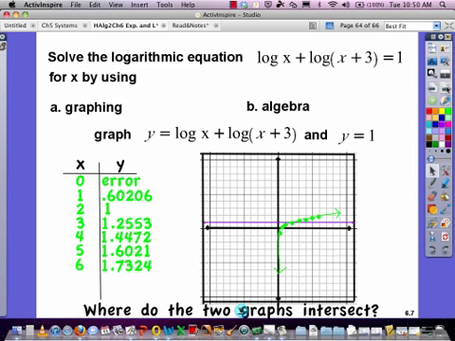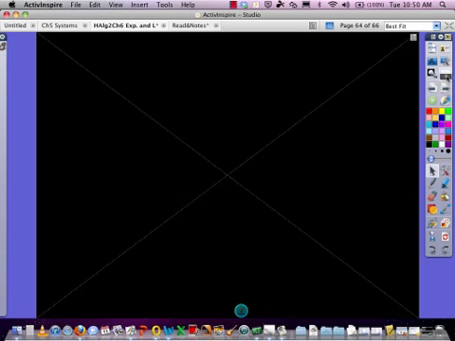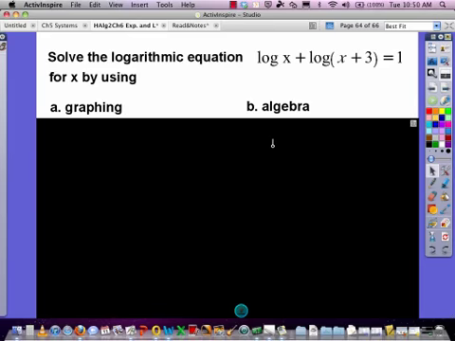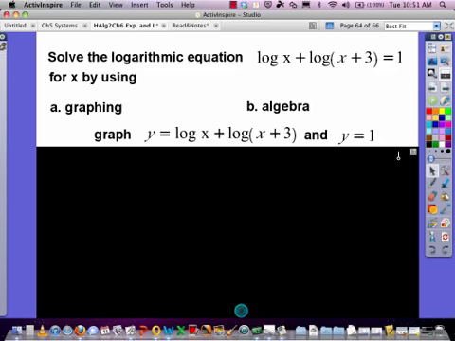Next example. So let's do two things here. Let's solve the logarithmic equation, the log of x plus the log of the quantity x plus 3 equals 1. Let's solve it for x by graphing and by algebra. So let's do the graphing first, because some of us probably wouldn't think about that. And what you have to do on this one is think of separating it. So you have basically two equations. The part that represents the log side,